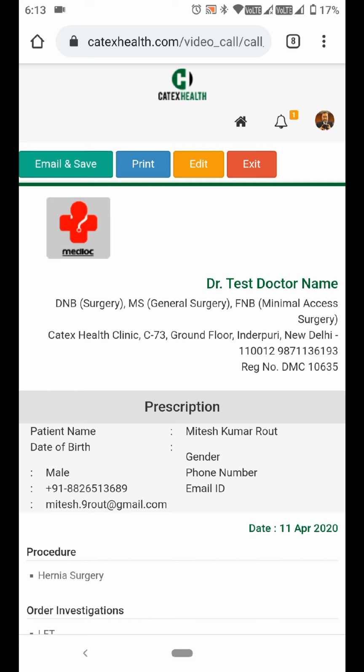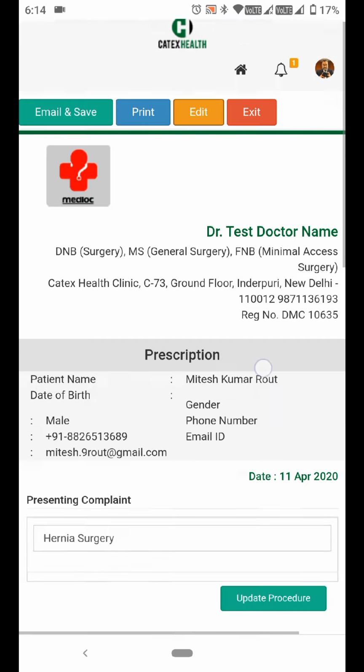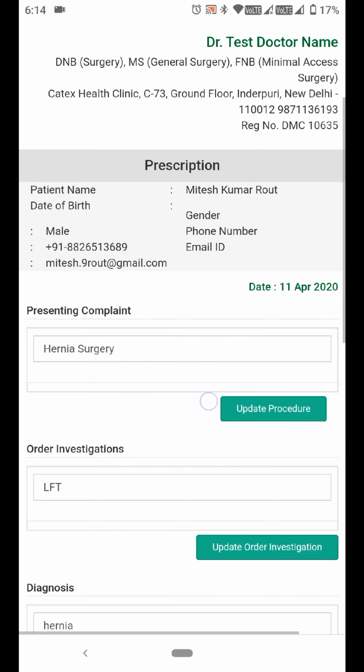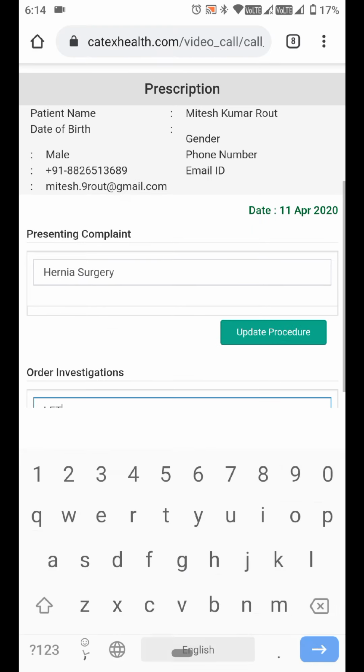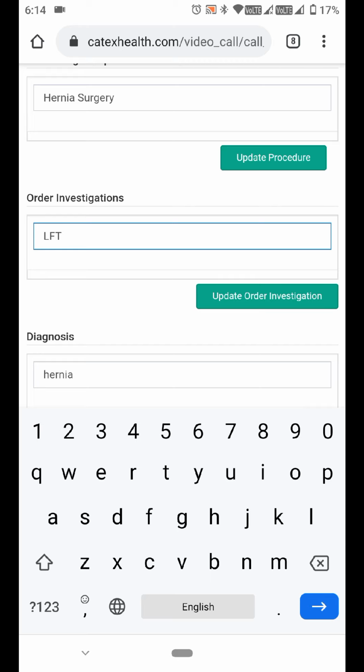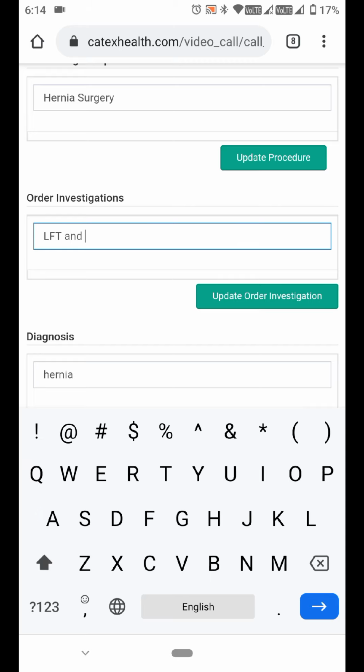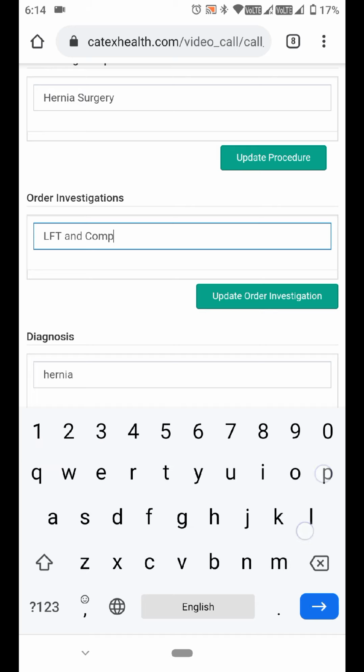And the edit button is basically for any point in time after review, when you identify, okay, I have missed out an investigation. What I'll do is I will add, or I can modify. So I update this, right?